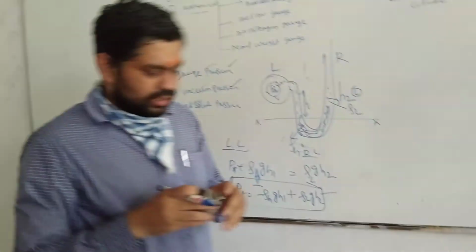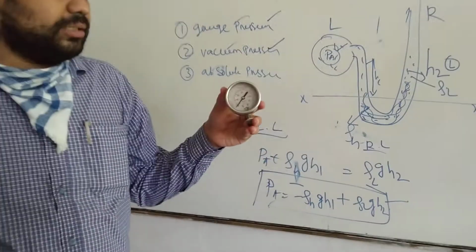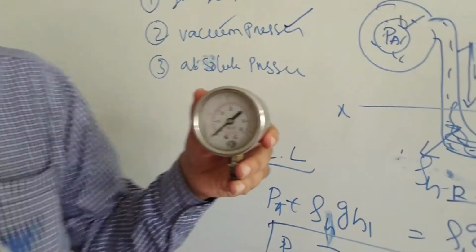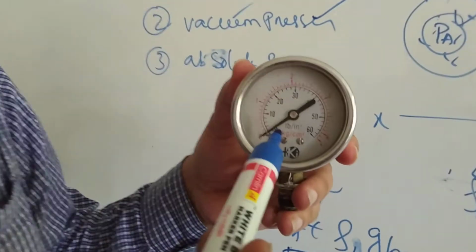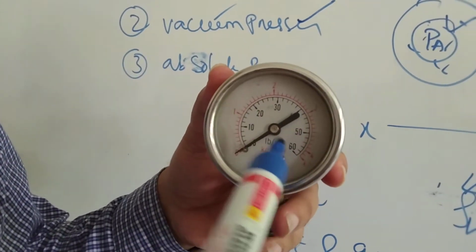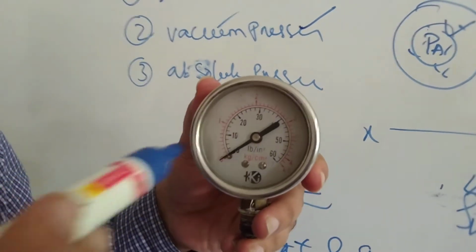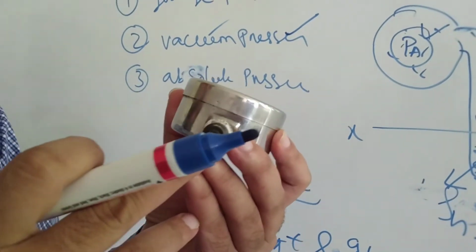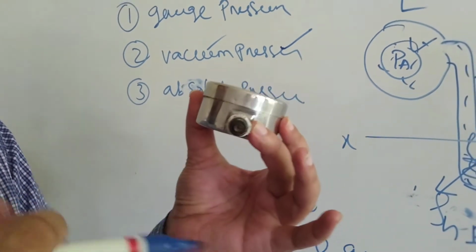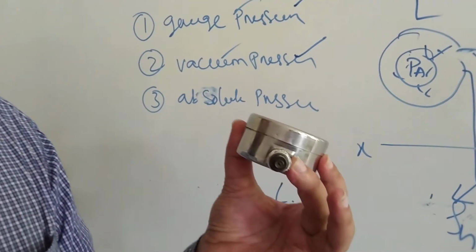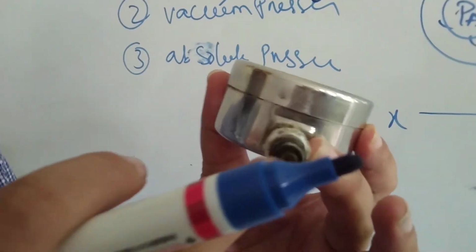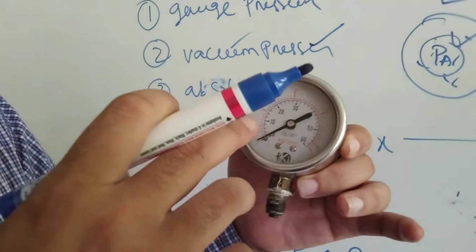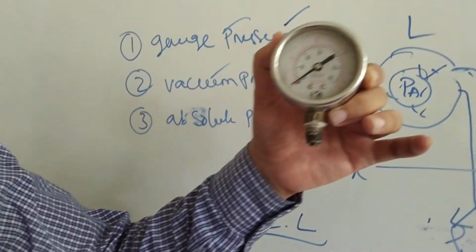So look here. This is your mechanical gauge instrument. This is your pressure measuring mechanical gauge instrument. Look at here, there is a kg per cm square pressure reading, 0 to 60 kg per cm square. When the pressure goes through this side, if you put a liquid here in a handling machine like your turbine section or anything, it will raise the pressure and create your pressure reading. Which pressure you get, you will find from this indicator.